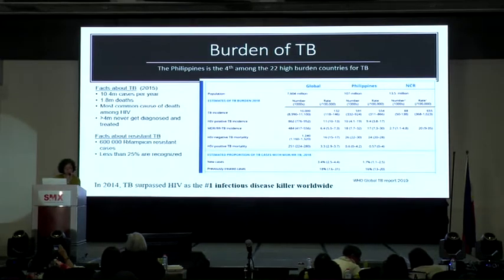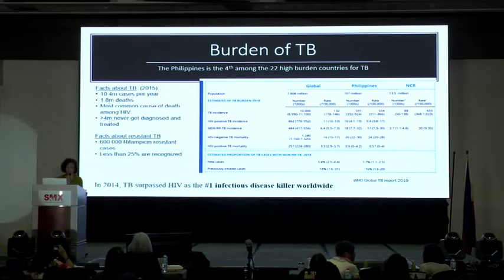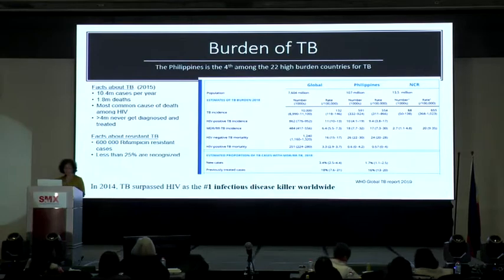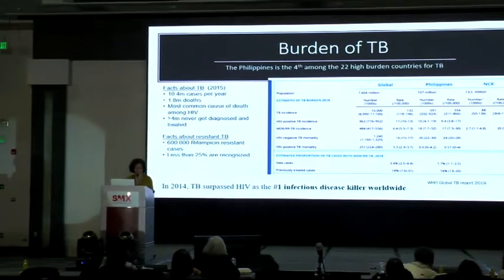So Dr. Celine has already talked about the burden of TB. In fact, in 2014, TB surpassed HIV as the number one infectious disease killer worldwide. And for MDR-TB, in 2015, 600,000 cases of rifampicin-resistant TB were reported, but less than 25% are recognized,